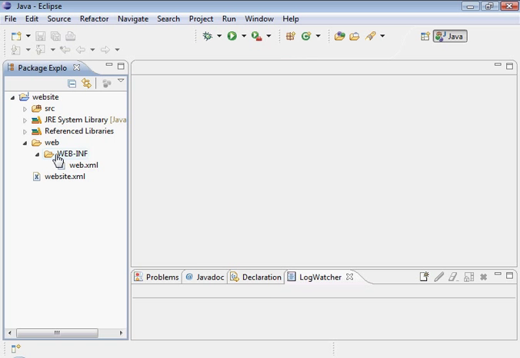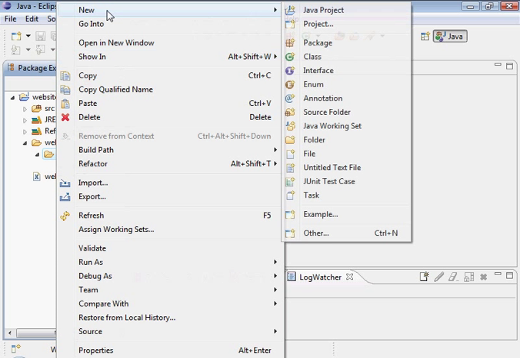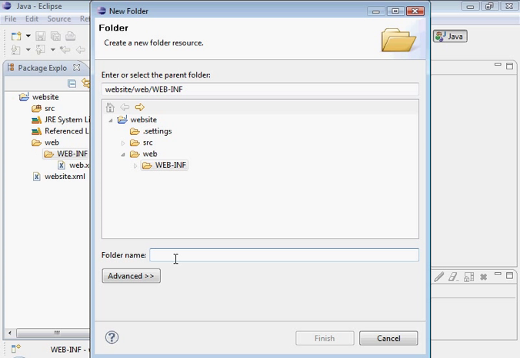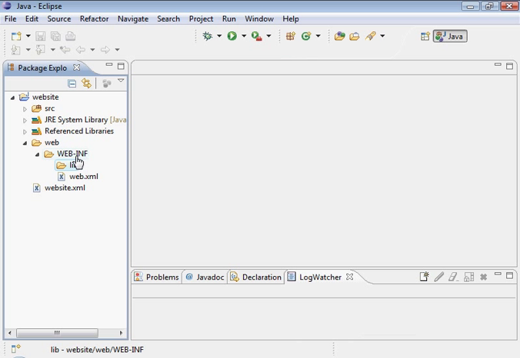Create this lib folder. So we're directly under WEB-INF,